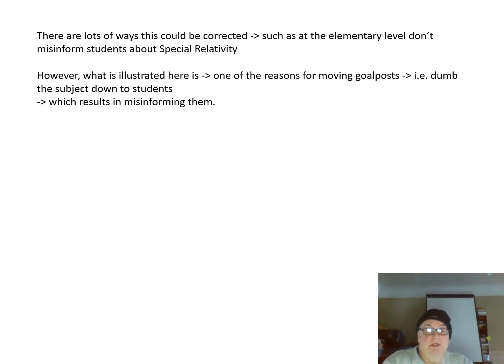There are lots of ways this could be corrected, such as at an elementary level, don't misinform students about special relativity. However, what has been illustrated here is one of the reasons for moving goalposts, and that is to dumb the subject down to students, and that results in misinforming them. That's the end of the talk here. So basically I'm pointing out